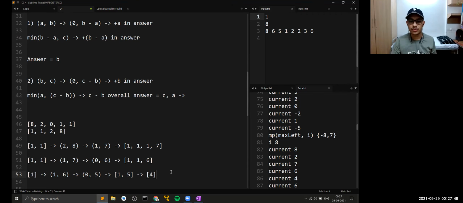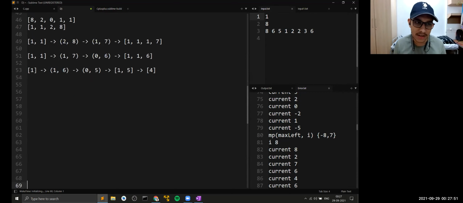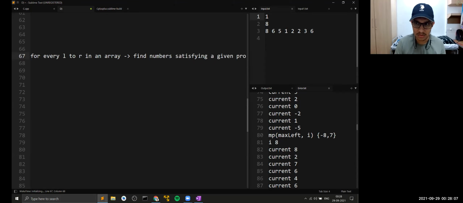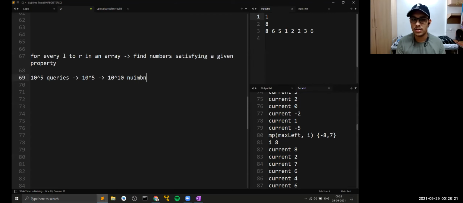Now, this is again a very strong observation in problems like, let's say I give you a problem: for every L to R in an array, find numbers satisfying a given property. Now, if I give you 10 to the power 5 queries, and obviously, if all the 10 to the power 5 numbers are following that property, this would mean that you would be printing 10 to the power 10 numbers.